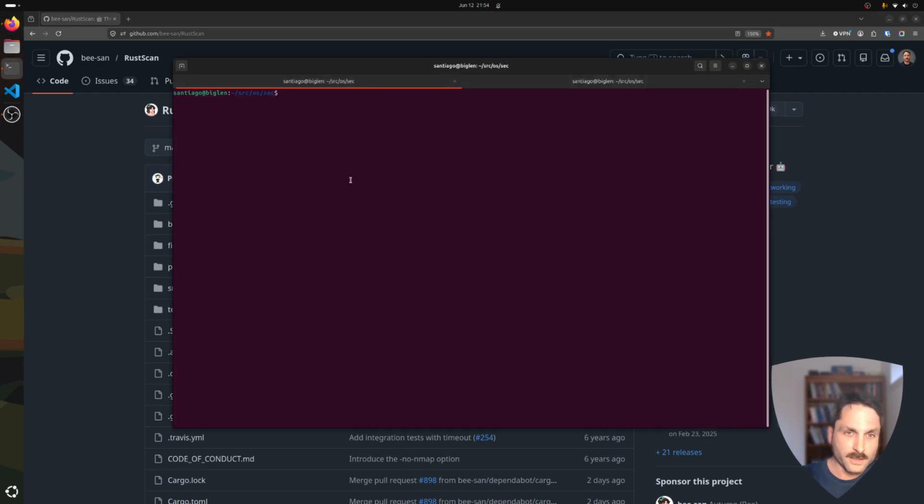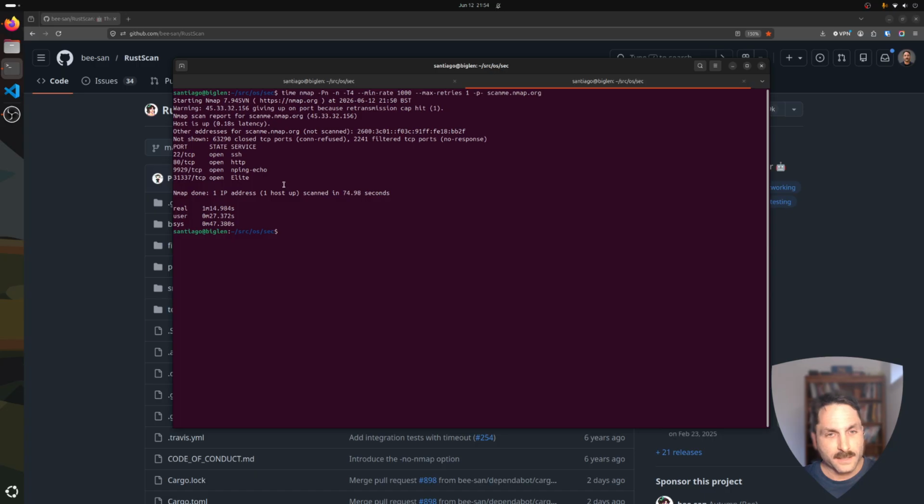So first, let me show you this. This is an Nmap scan that I ran before recording this video, and I did it before the video because it takes 1 minute 14 seconds to complete, and I didn't want you to wait. It found 4 ports open on this host, scanme.nmap.org, and I'm going to run a very similar scan